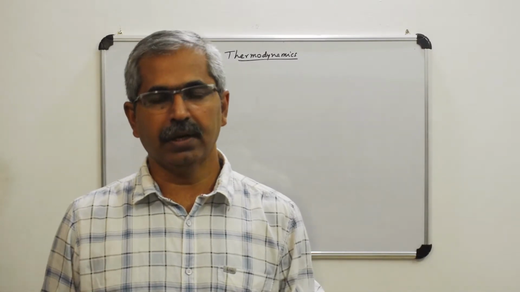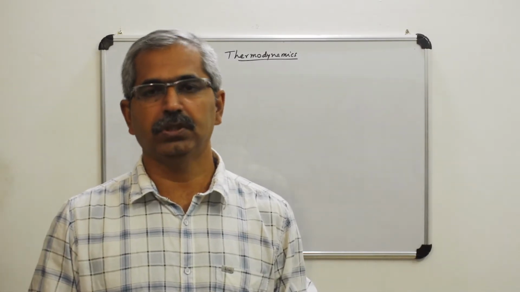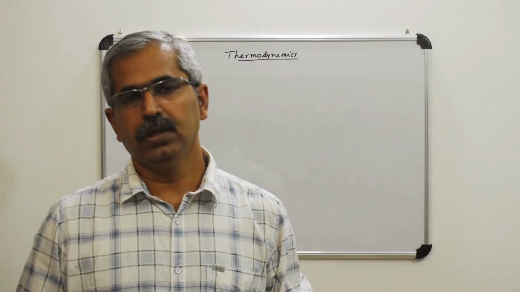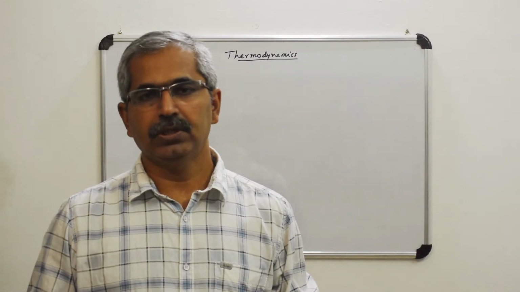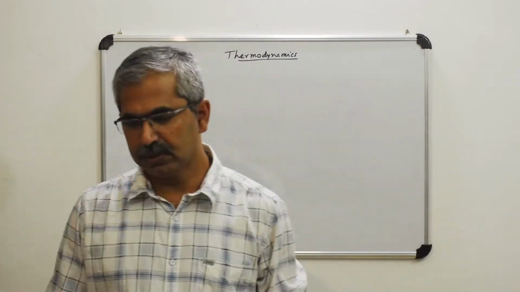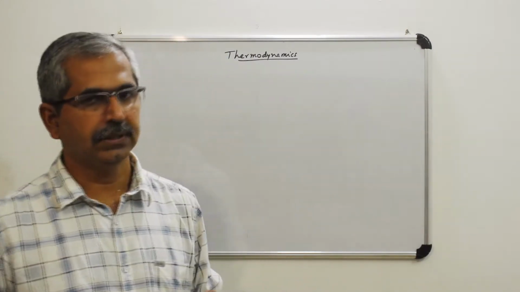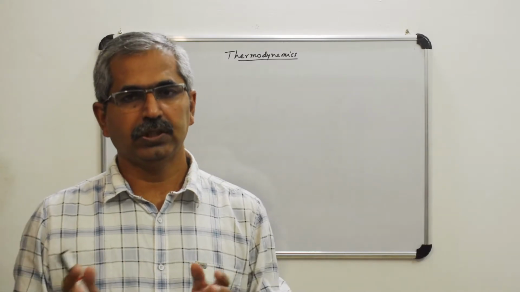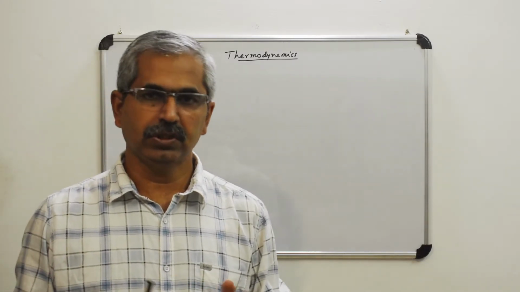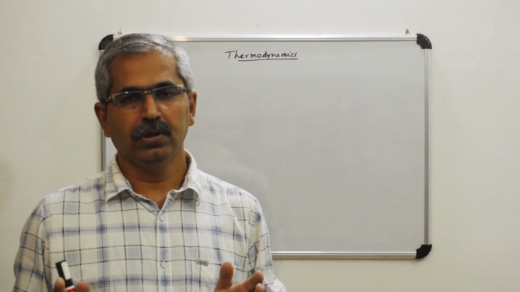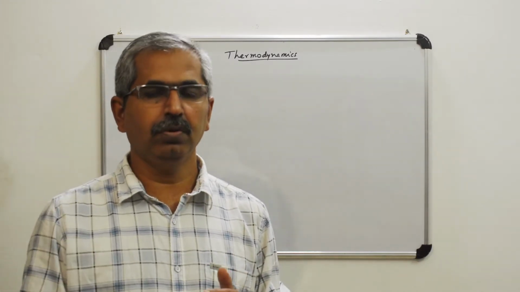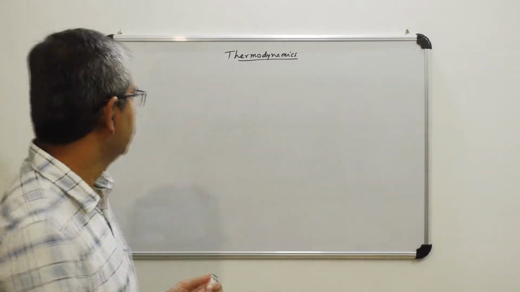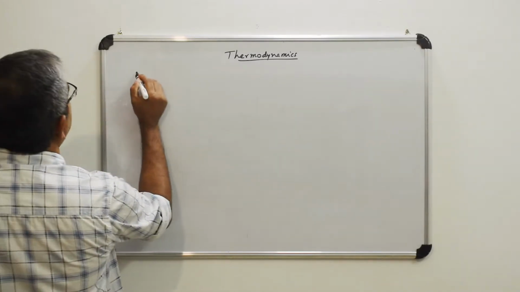That is because in an adiabatic process the entropy of the system will not change. So that is what we have seen in the previous class. And today we will derive the equation for an adiabatic process. So that is the first thing we do in this class. Okay, so what is an adiabatic process? Adiabatic process means there is no exchange of heat energy between the system and the surroundings. So the heat that is taken or given to a system is equal to zero. That is called an adiabatic process. So we will derive the equation for the adiabatic process.